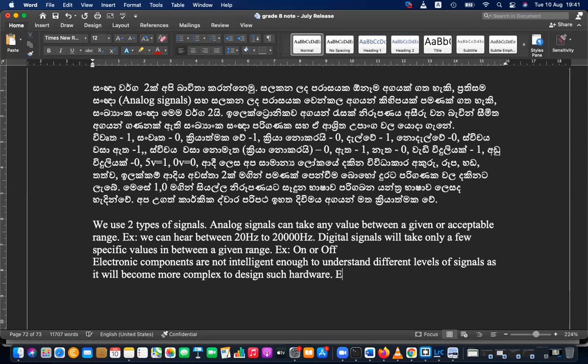Even after designing such, it will be slow due to complexity. Therefore,